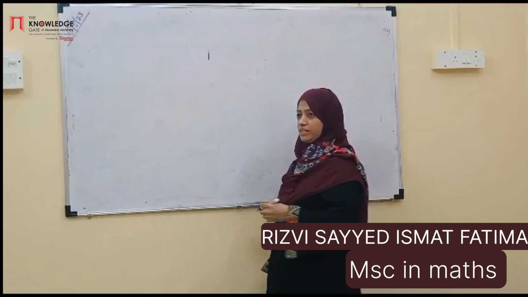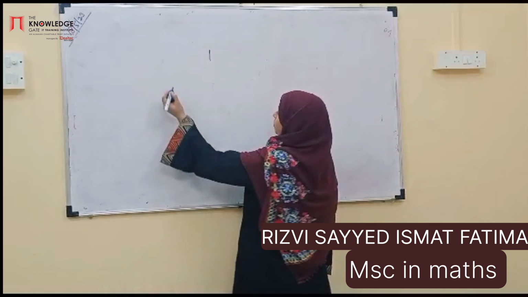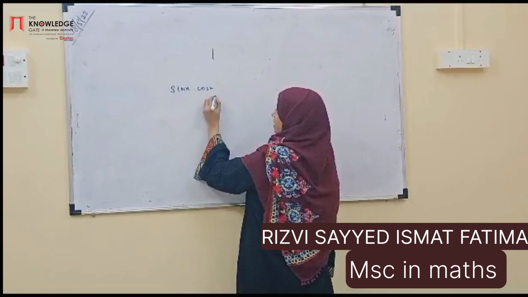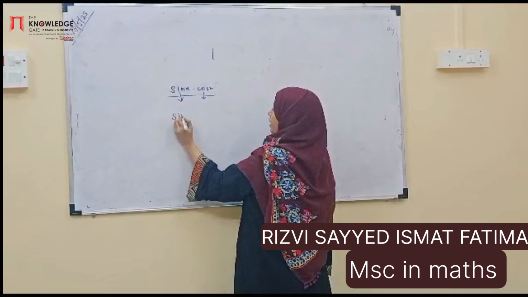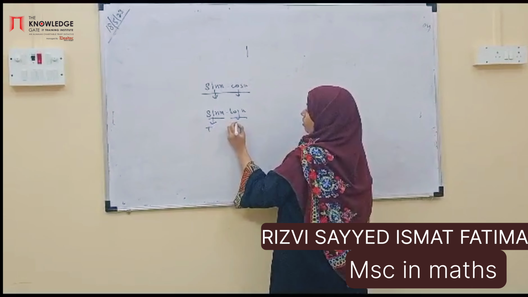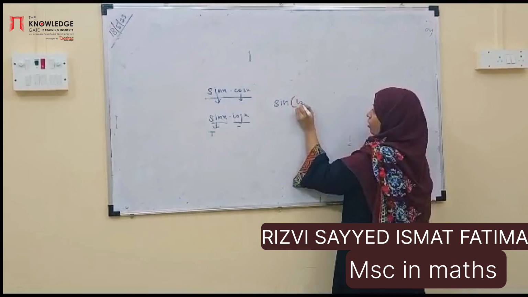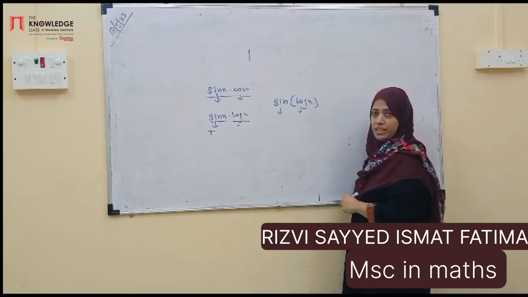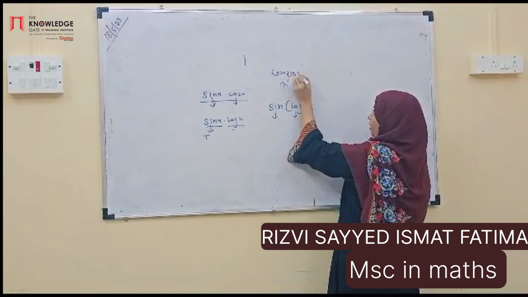Okay, today we will see about the composite function, but first we see what is a composite function. Suppose I am taking one example, sin x into cos x. These are two different functions. One is sin, one is cos, or sin x into log x. So this is a trigonometric function and this is a logarithmic function. But if we see like this, sin log x, again this is trigonometric and this is logarithmic, but these are called composite function. This is called composite function.